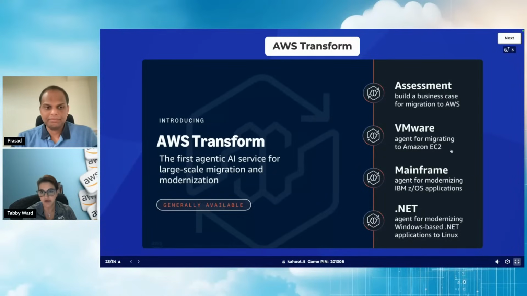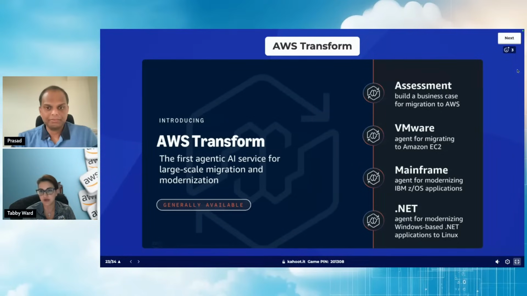It significantly reduces cost and time, because as we go through the demo you'll see what it takes. Translating the network components on VMware into the constructs of AWS, if you want to do that manually, is time consuming. So the beauty of this agentic solution is it takes care of all the translation, and we'll go through a slide where I explain more. It's an end-to-end solution, cost effective, time saving.